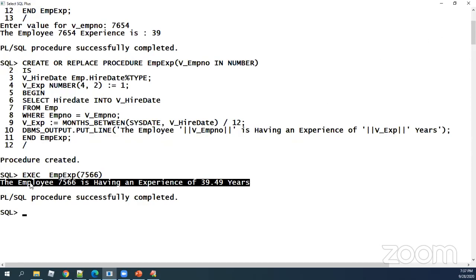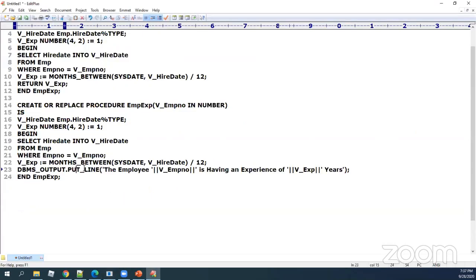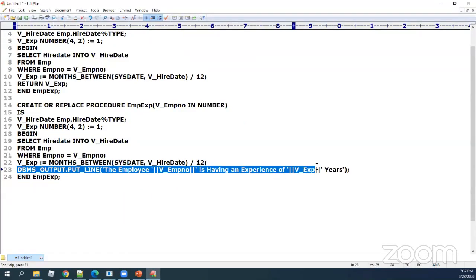Now here you are directly putting the result onto the screen, which is getting printed. Do you agree with me? Now I just wanted to check one thing. Watch the same procedure carefully. I'm not interested in sending this as an output onto my screen, but I want to send this to my end user.